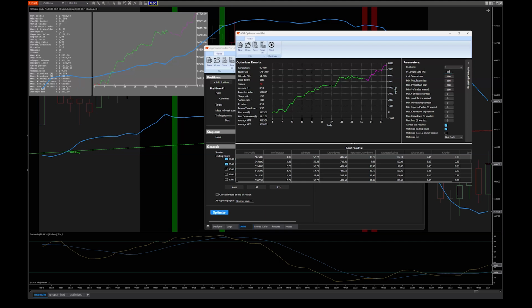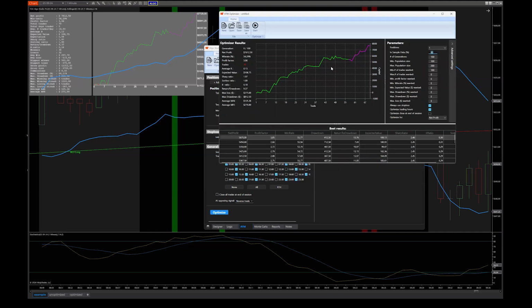And you can, of course, change how much data it should use for the in sample and out of sample parts. By default, it's using 80% for the in sample and 20% for the walk forward test. So here now we have a result.